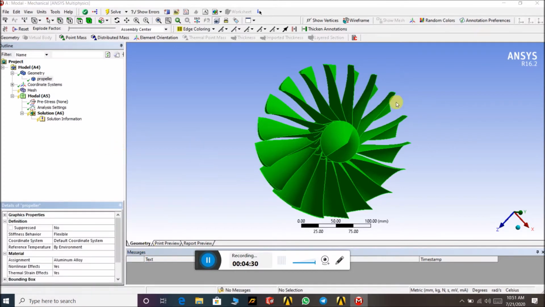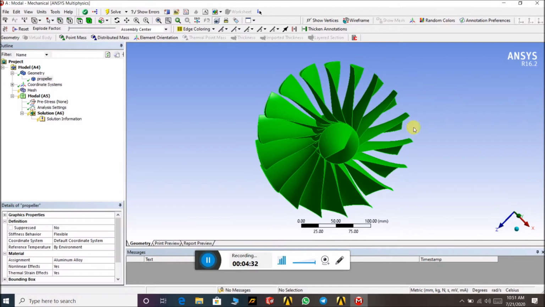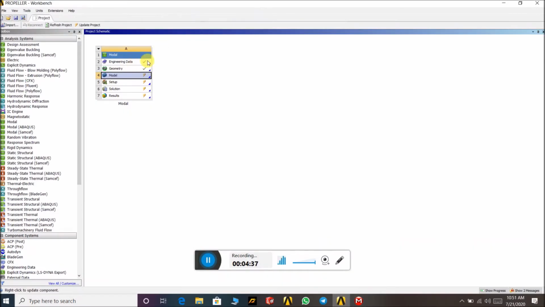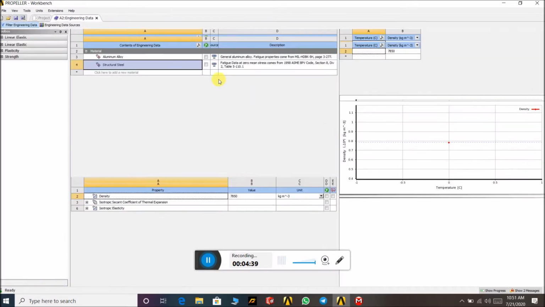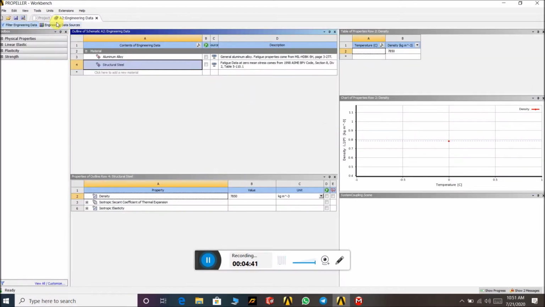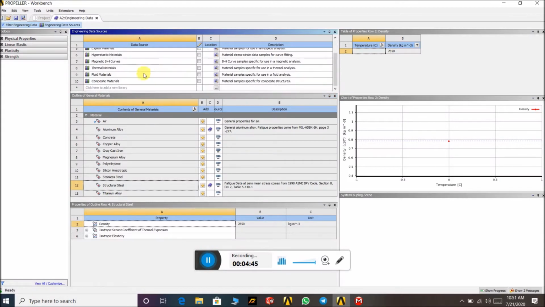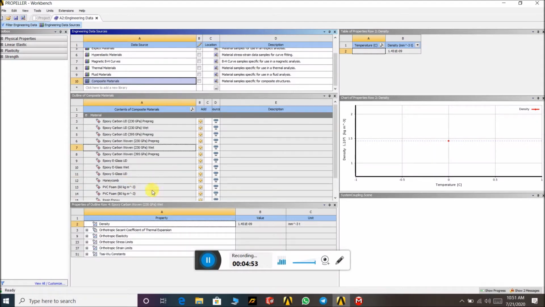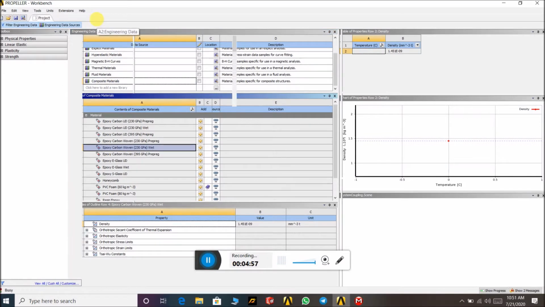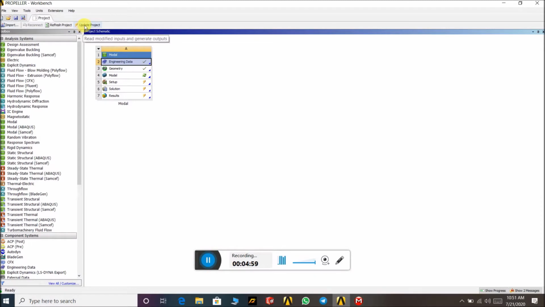Aluminum alloy. If you want to add another material, you have to go back into the engineering data and open it. Then you apply the other material, like we apply the PVC material, which is available in the composite material. This is the PVC material, we applied it here, and then we have to update